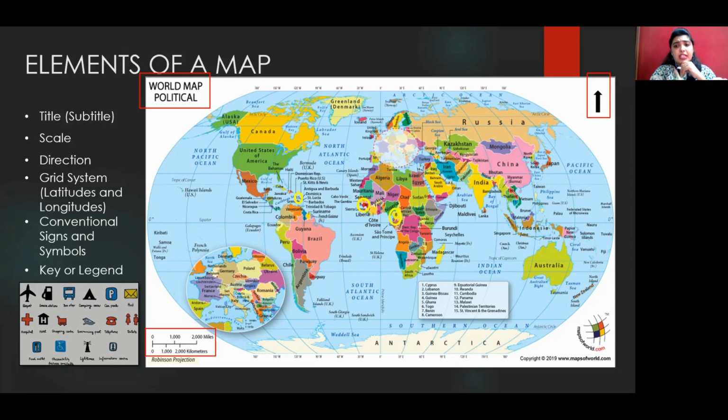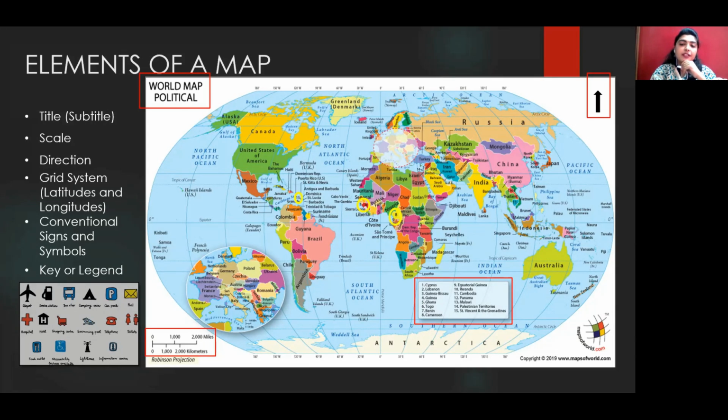The next thing that comes in is another very important element, which is the legend. Now, legend is very, very important. Now, look at this map over here. You can see the number 15 over here. What is this 15? I need to know what 15 is. The person who has constructed the map knows what 15 is, but I don't know it because I'm referring to the map. So this 15, which is here, has to be depicted in this legend, somewhere in that paper, either outside the map area or inside the map area where there is an empty space. This legend will be drawn where that number 15, what it depicts, is written.